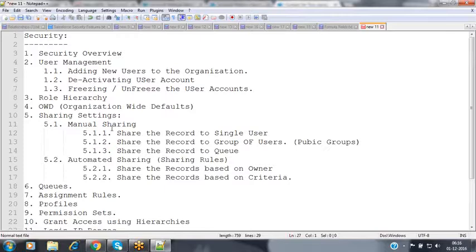First, we'll see what exactly the security features are and what the need for security is, because Salesforce itself is a secured product. Salesforce itself is a secured application. Then what is the need for maintaining security here? Why do we have to configure the security features again in Salesforce? What is the need? Anyone?